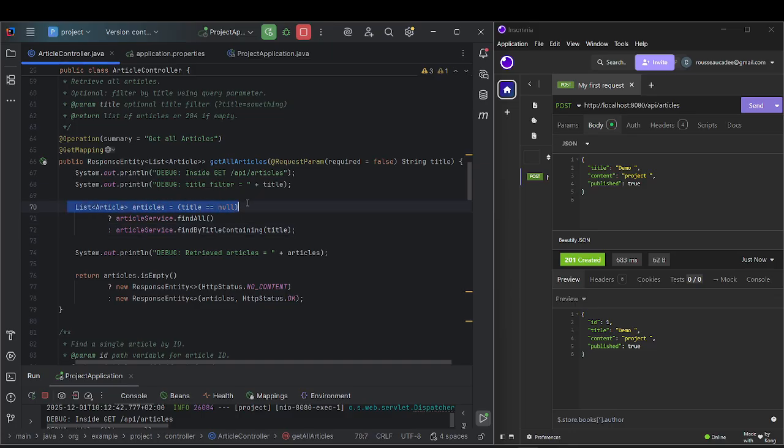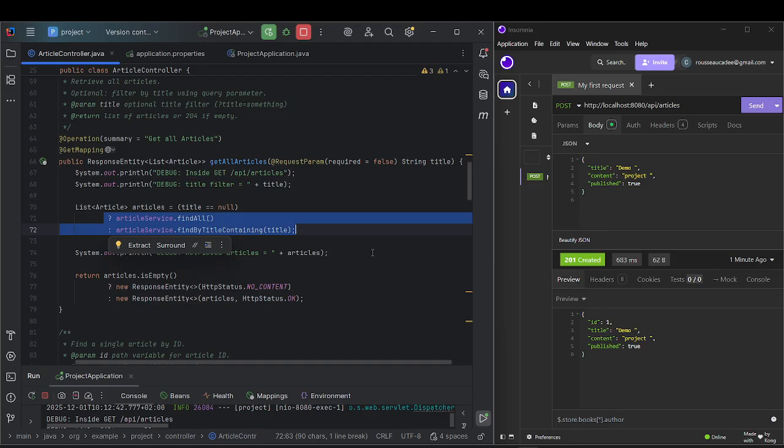Next, we have List<Article> articles; if title equals null, it will call the article service to find all the articles. If the title is not null, it will call the article service to find the title containing the search keyword, and then stores the result in articles. This is for debugging purposes. And then we have another return: if articles is empty,